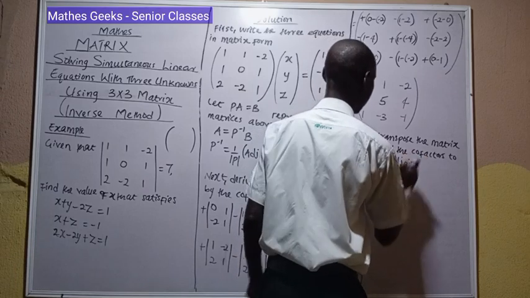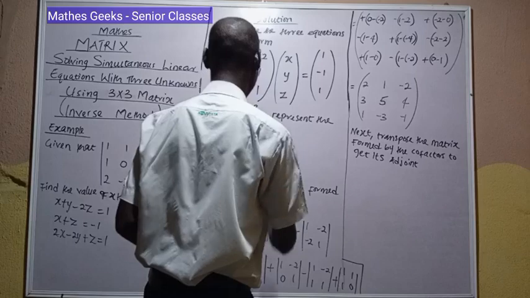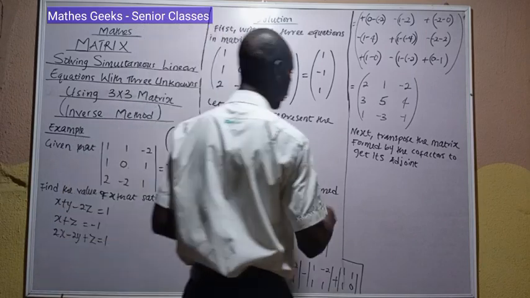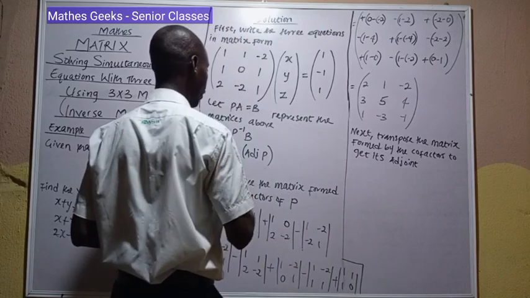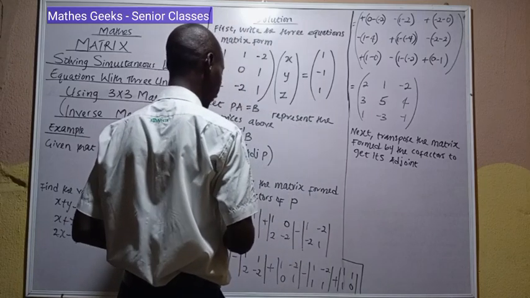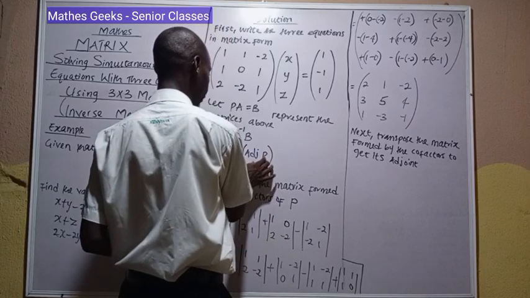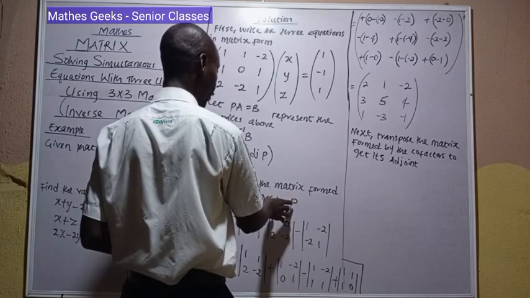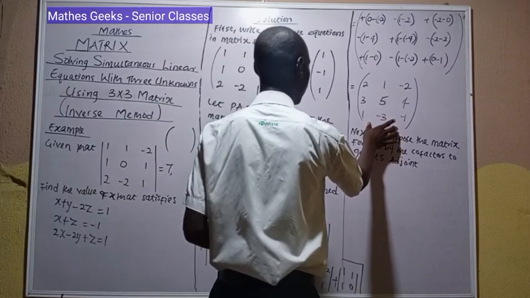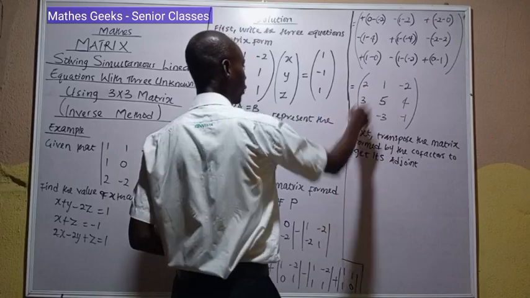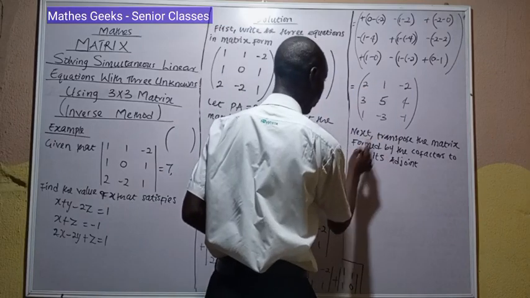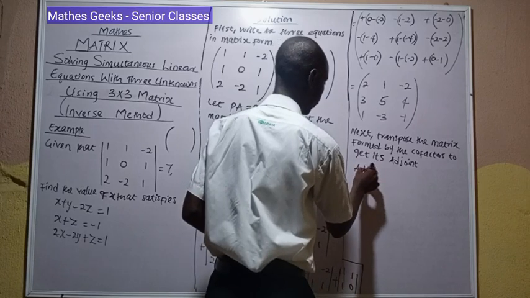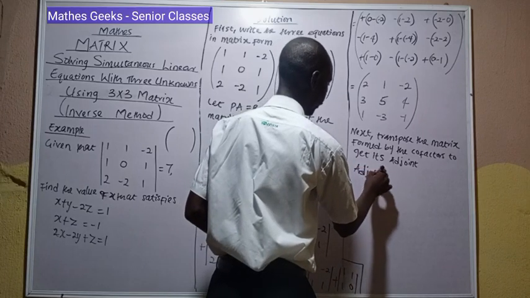So the adjoint of a matrix comes as part of the question. The adjoint of the matrix is the transposition of the matrix formed by its cofactors. So first thing is for you to get the adjoint of the matrix P. First of all, get the matrix formed by the cofactors of P and then transpose it. So we've gotten the matrix formed by the cofactors of P here. Now when we transpose this matrix, we will get the adjoint of P equals